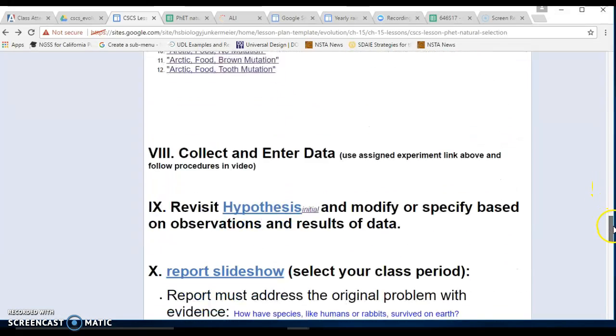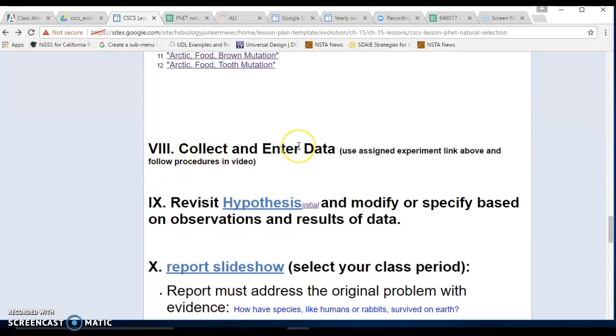But let's move further down. So it says step 8, collect and enter data. Well, that's what we just discussed. And the next thing is to revisit your hypotheses. So once you've entered data, you really want to go back to your hypothesis, look at it and see, do I need to change this to better match what we've learned from the simulation, from this activity? Is there things you've learned from the data and the results in the graph that would lead you to the thought that perhaps your hypothesis should change or your explanation for how things survive should change? And then you would input that